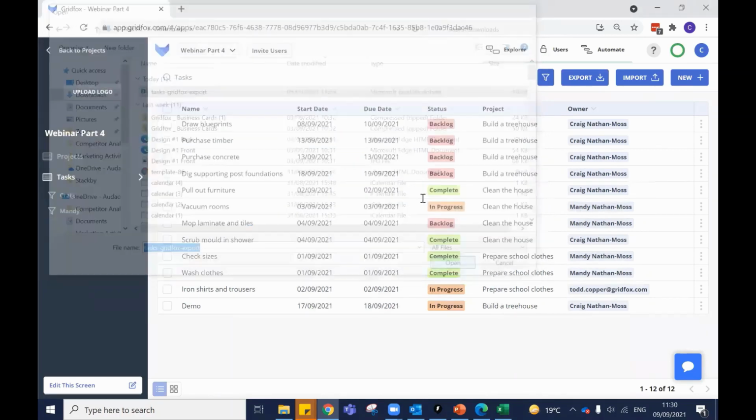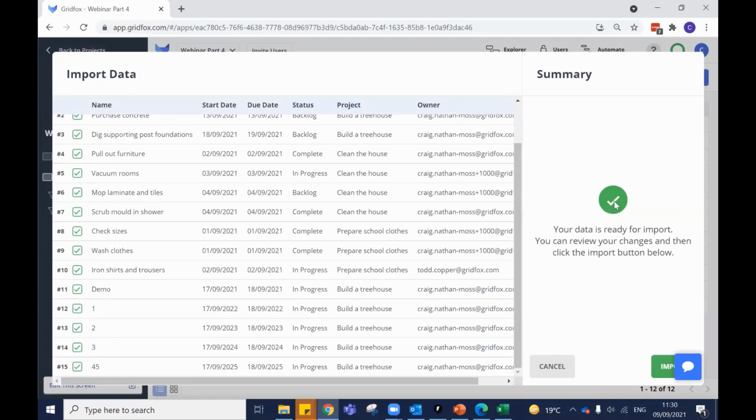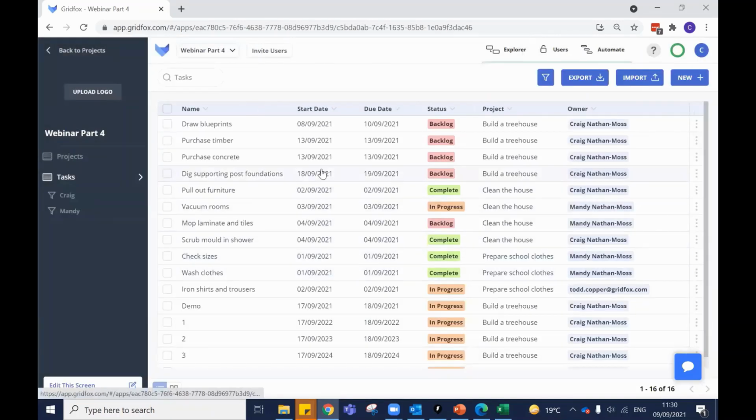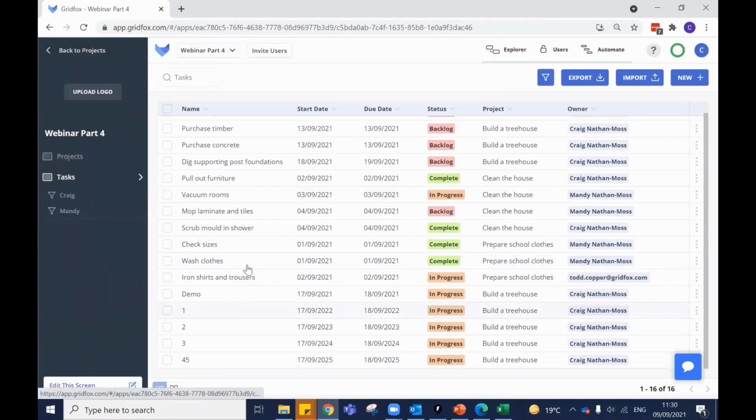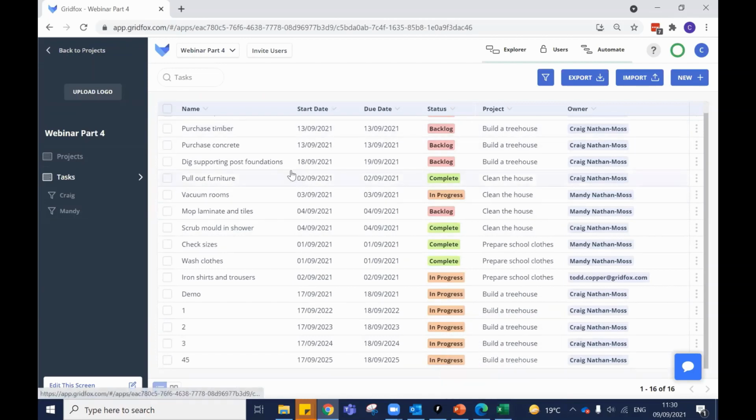Once I import it back in, you can see loads of green ticks and it's saying your data is now ready for import. It's found no errors. Click import in there and you'll see that it's brought those in underneath my other records. So it's dead easy to do. If there are any problems when trying to import it, then they will be shown on that little preview screen that you saw. And it can be things such as,